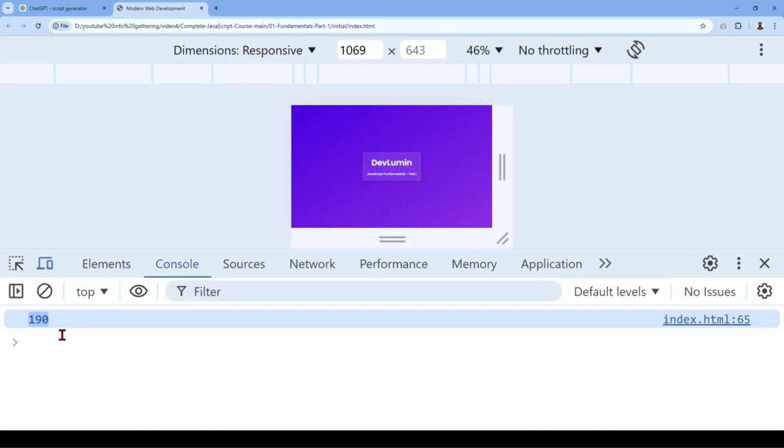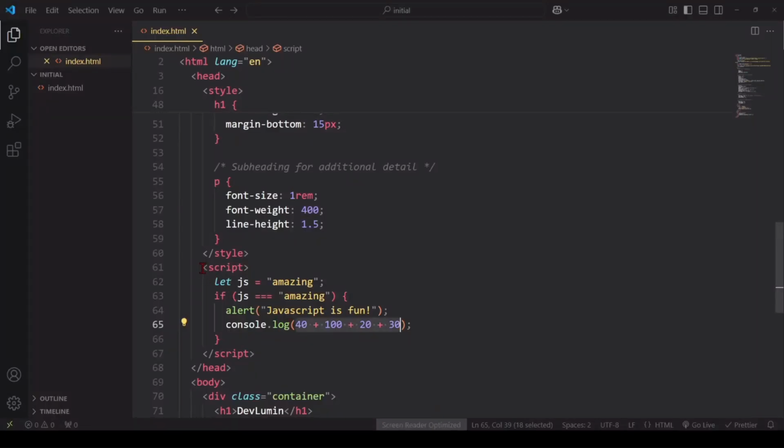One important thing here is inline script versus external files. As you see, I am writing the inline script in the same HTML document. Our JavaScript is in the same HTML document. So this is called an inline script. This is convenient for small projects but mixes presentation and logic. External scripts are essential for large projects to maintain clean and modular code. So we have to write this script in an external file.